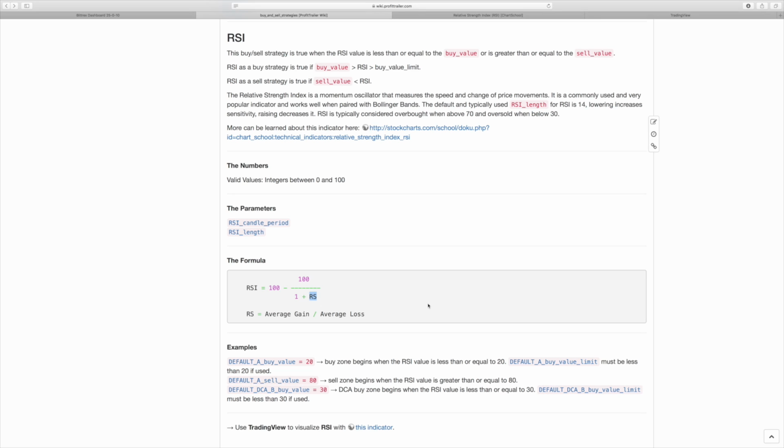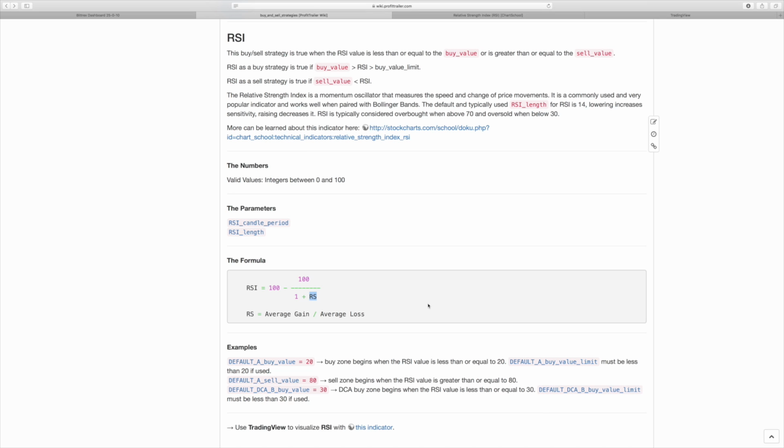That's a little bit odd to see here. When it says average gain, if you look at a chart, it's not talking about open to high, it's talking about open to close. Same with your average loss. Remember, it's calculating this from open to close, not open to low. If you try to calculate this yourself from chart data, just remember it's open to close in gain and loss. So it's the average gain divided by the average loss in your RSI length. If I'm using 14-day candles or 14 periods for the number of candles, then I'm going to get the average gain divided by the average loss only in that period